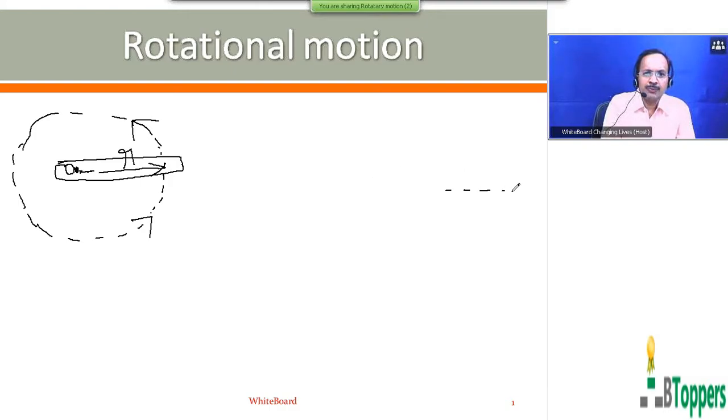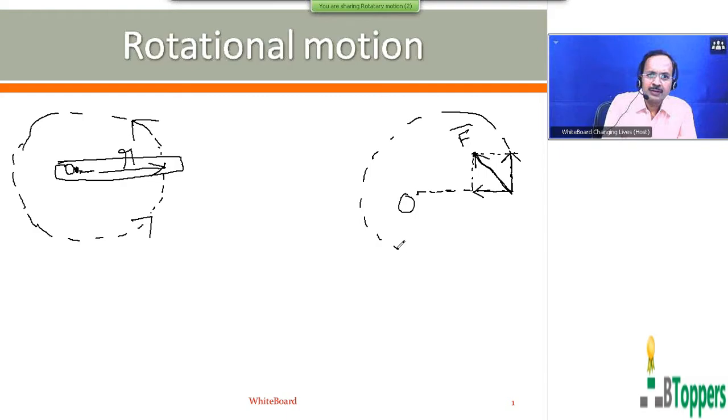So the resultant external force on the particle, as I discussed earlier in general circular motion, can be resolved into two rectangular components: resultant of all the forces acting on a particle in general circular motion can resolve into rectangular components along the radius of the circular path and perpendicular to the radius of the circular path.